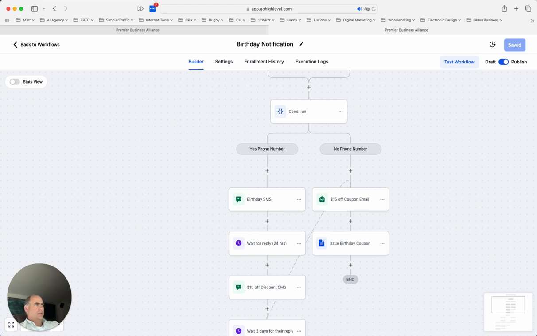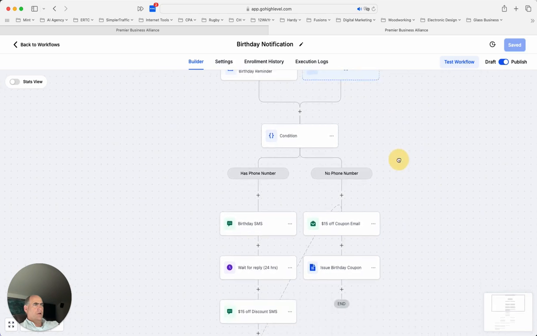Anyhow, there's a tip for you: utilizing Air in a birthday club sequence and doing conversational voice AI, talking to the person on their birthday. That would be a nice touch, very nice touch.